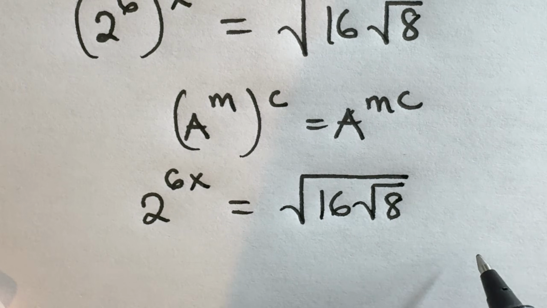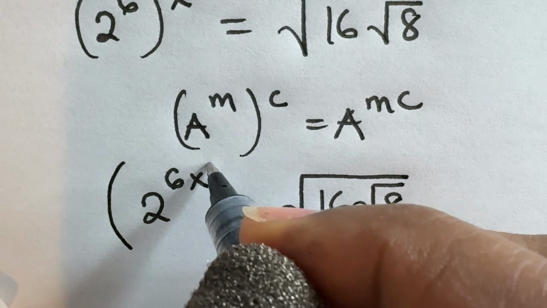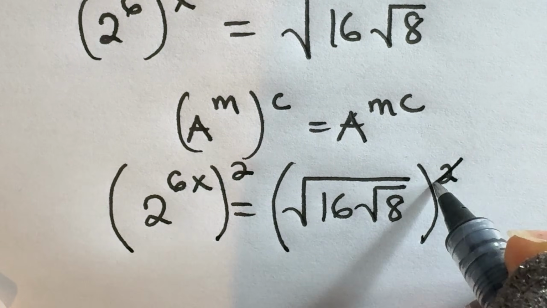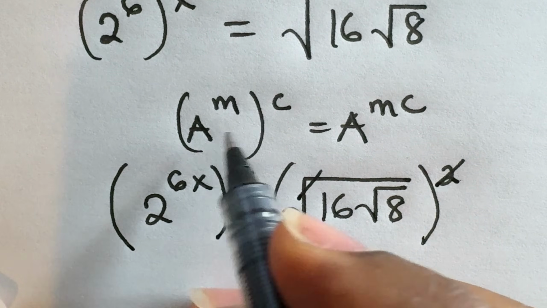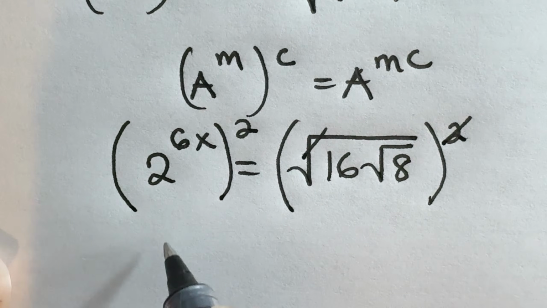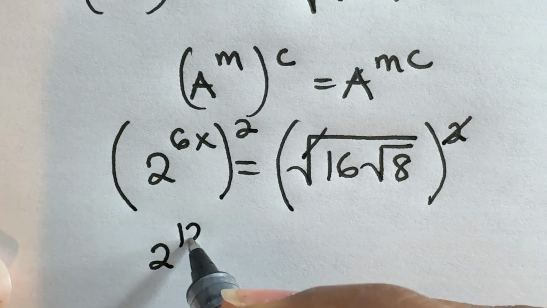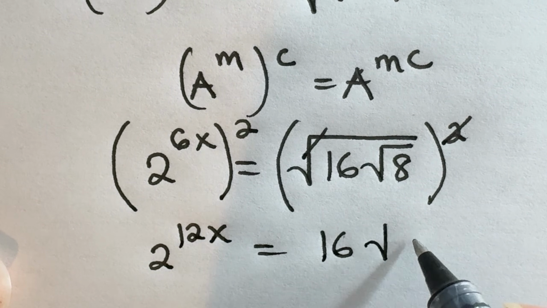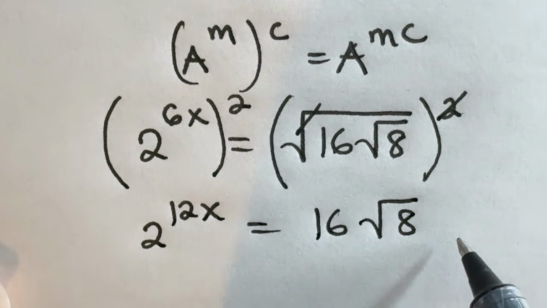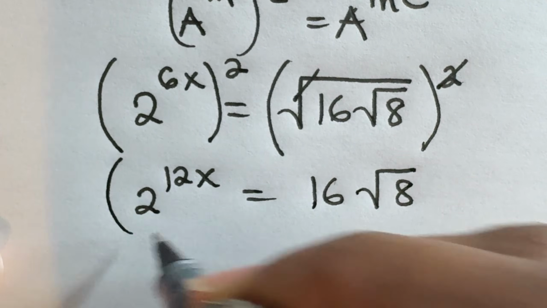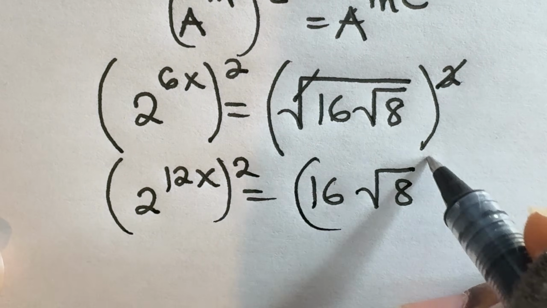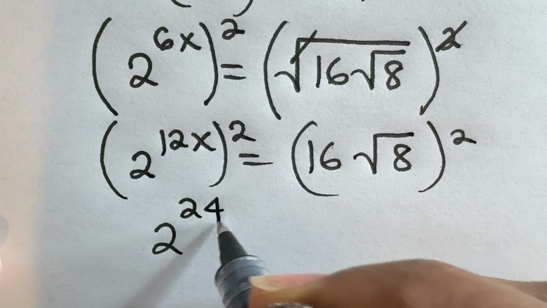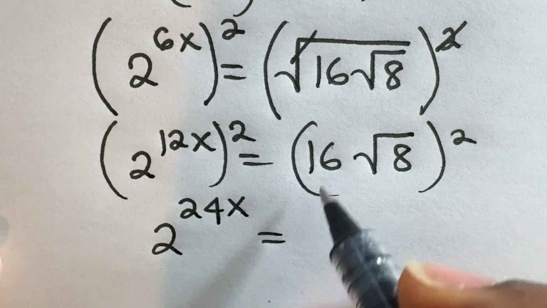At this point, we can square both sides of this equation. So this cancels this, and then we apply this same law we used earlier. This will give us 2 raised to power 12x is equal to 16 times root 8. Again, we square both sides of this equation. This will give us 2 raised to power 24x is equal to, by law of indices,